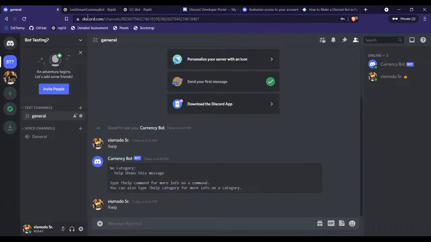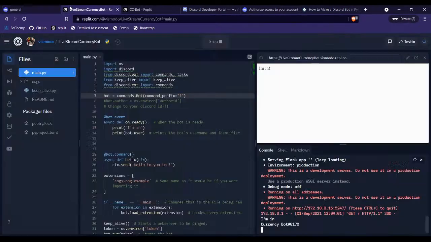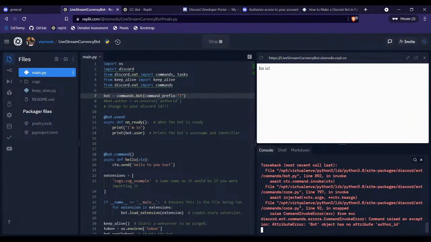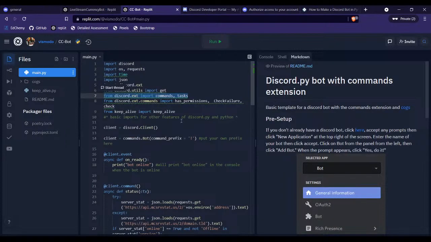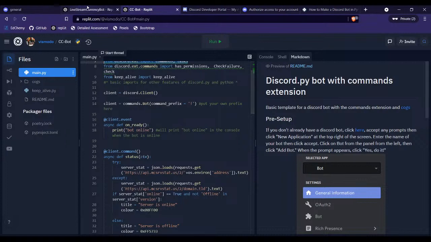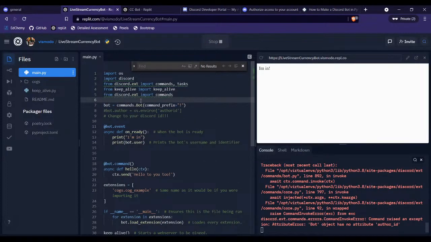Yeah, and if I say help, error: bot has no attribute author ID. Where are we invoking this? Author ID. Should we verify? Client.client,